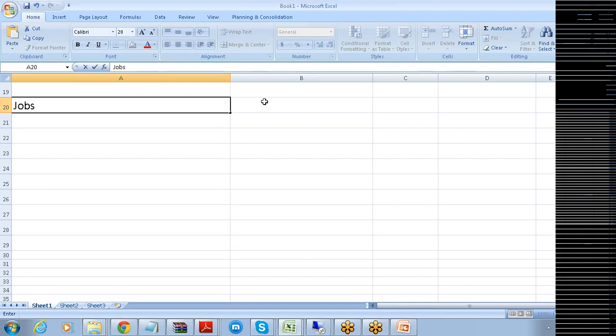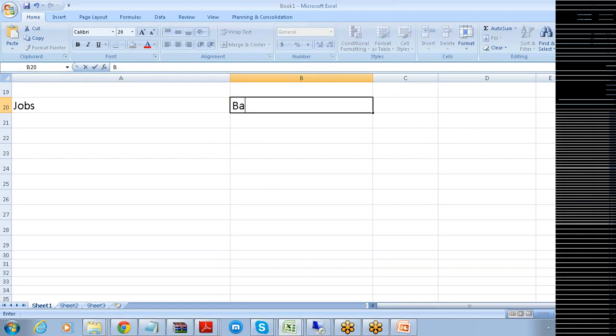The first type are called batch jobs, and the second type are called real-time jobs.